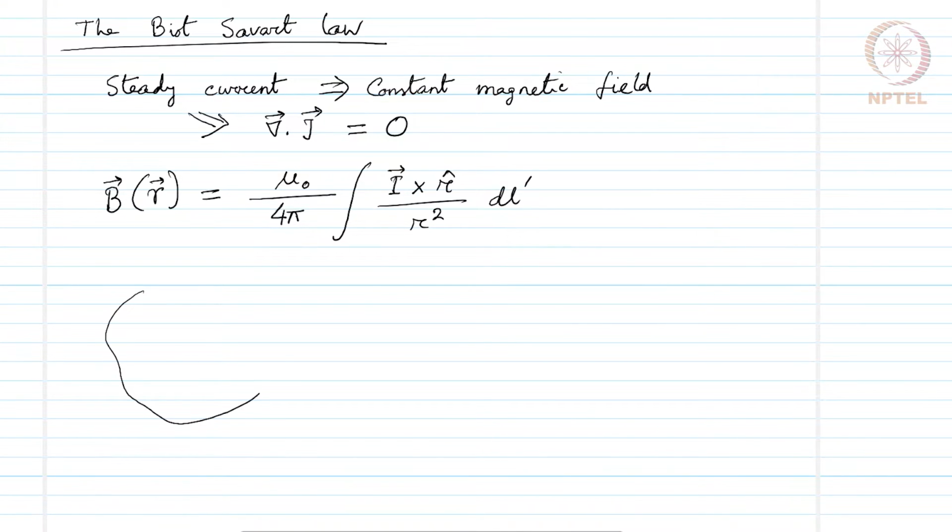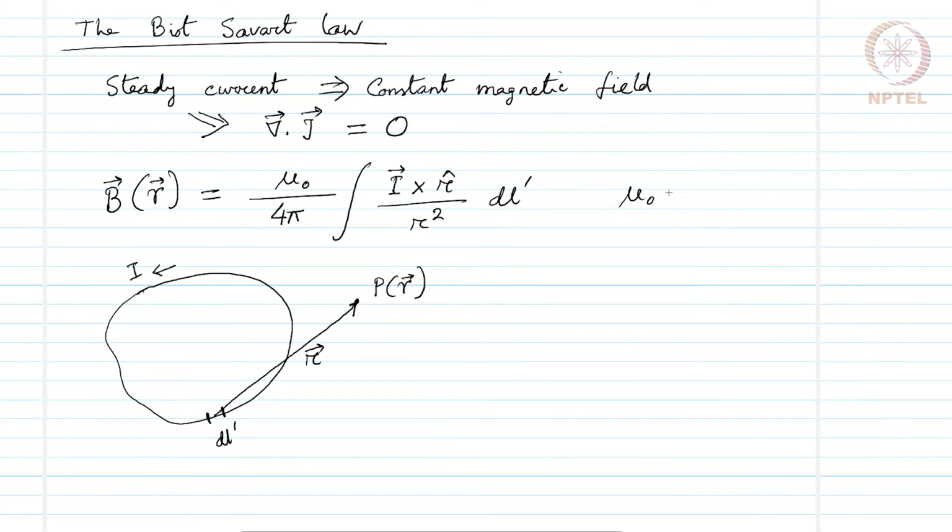Let us consider a current carrying loop like this. Let us consider the current I is flowing in this direction, and we have a point of observation here with position vector r, and here we consider a line element dl prime, and this vector is r vector. In this context, we can write this equation where we have